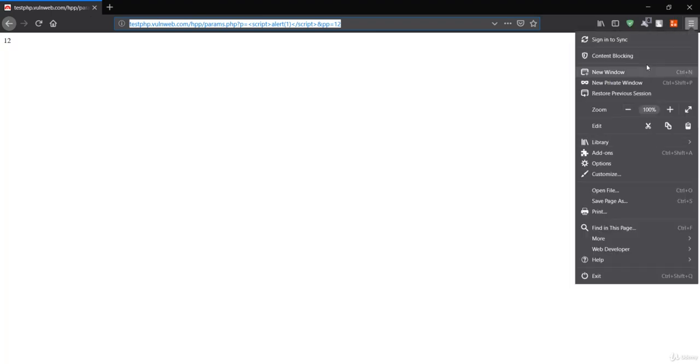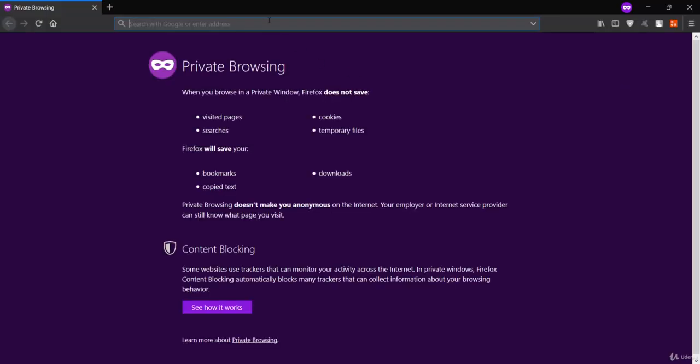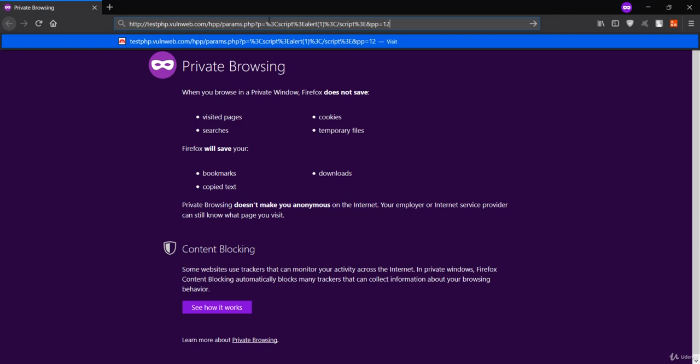Anyone who visits this particular link will be affected. If I copy this and give this link to any other user, let me run a new private window and give the same link. If this new user runs this link, then they will also get infected. So this is the type of reflected XSS attack. It won't be executed on the whole domain; instead, it will only be executed on the victim computers that execute this URL. So this is the reflected XSS attack, and it is really important.